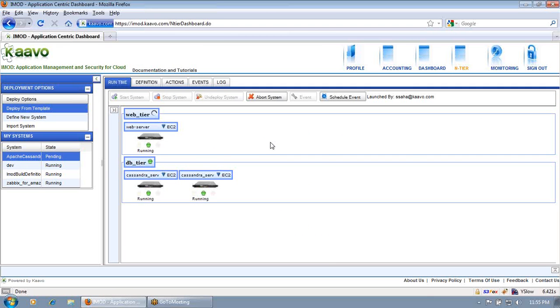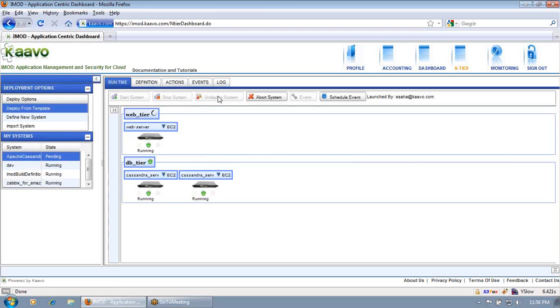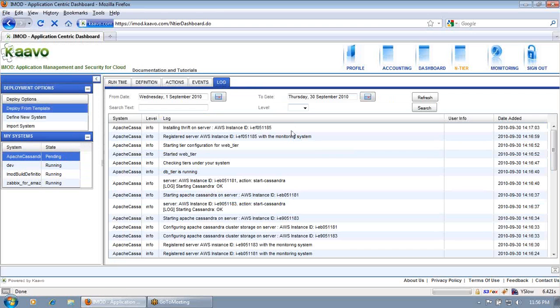There are two ways you can trigger those events: manually by clicking this event button, and another way is from the monitoring page. It is still installing Thrift.